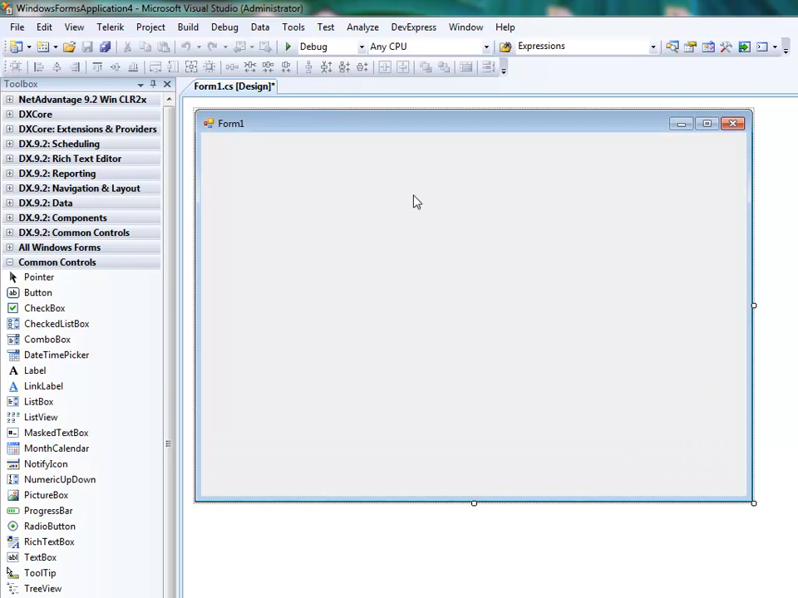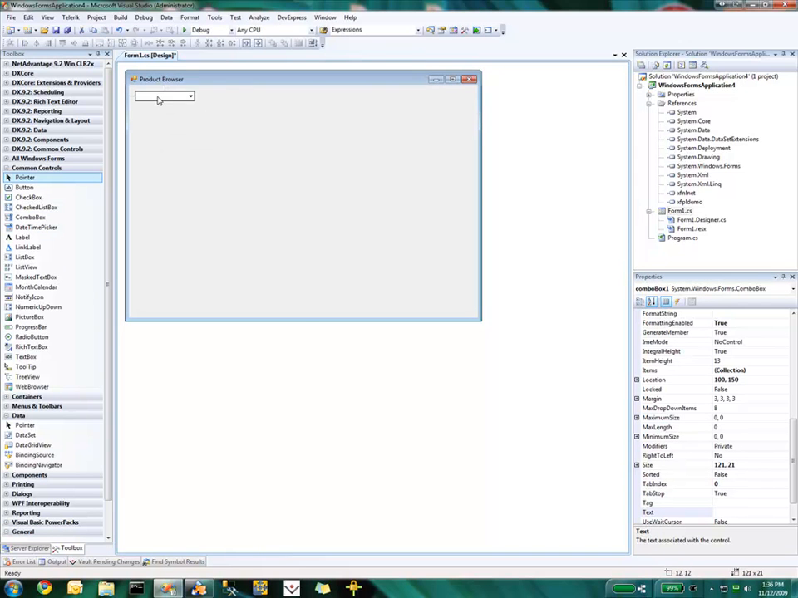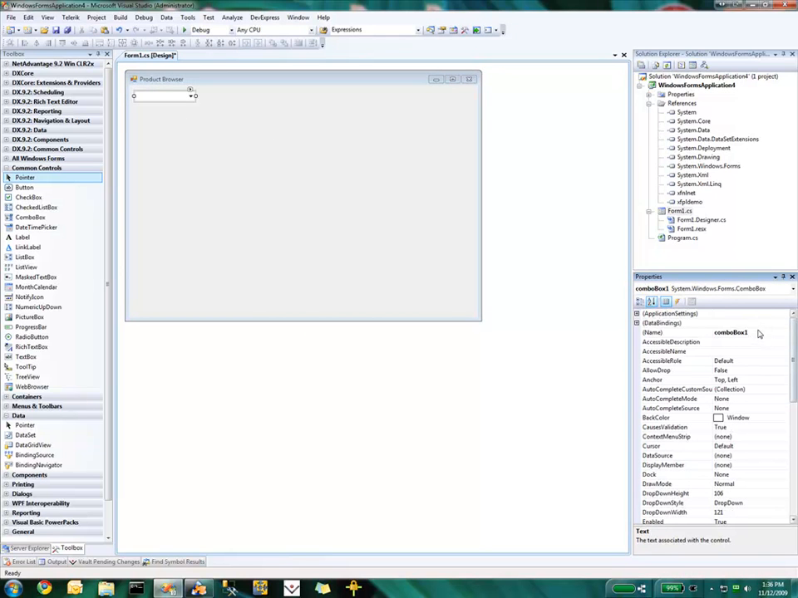Now what I'm going to do is create a simple little UI for this form. Let's set the form's title to Product Browser, and we'll keep it really simple. So I'm going to add a combo box control to the form, and I'm going to name that combo box, we'll call it combo,